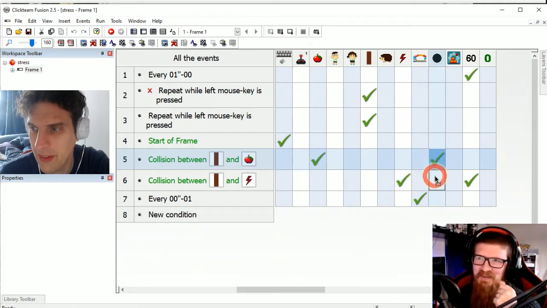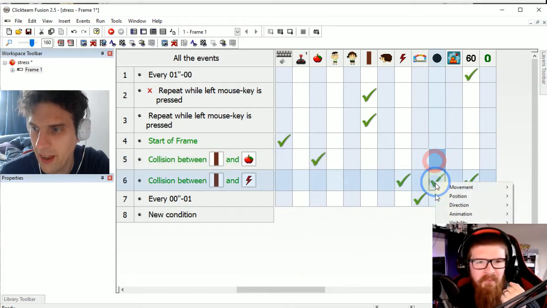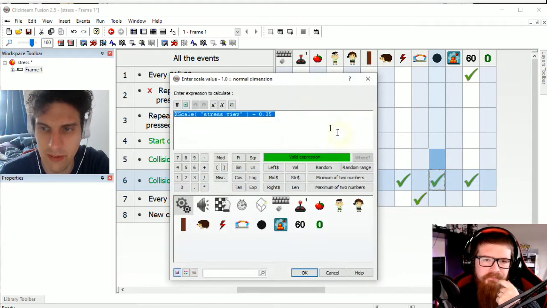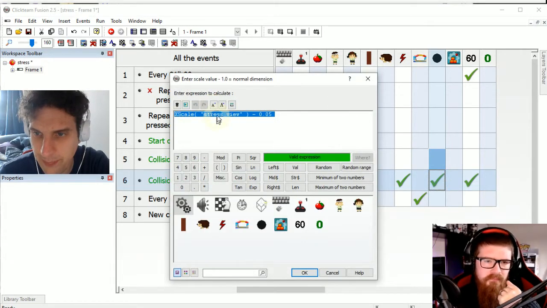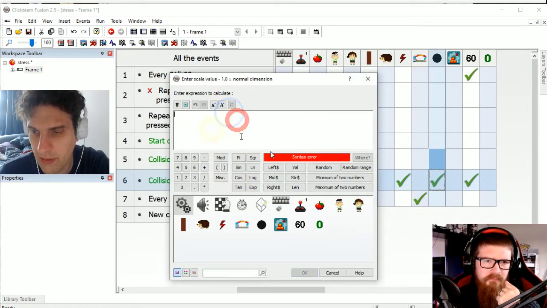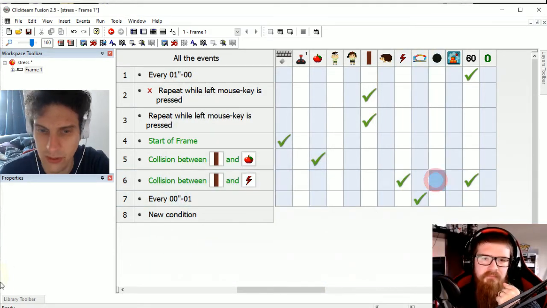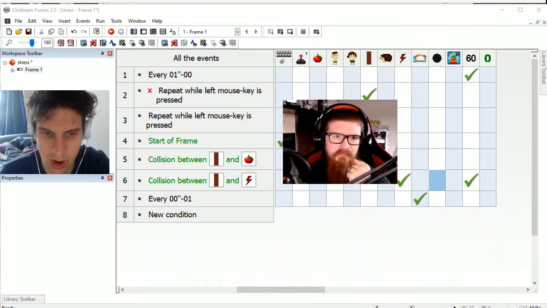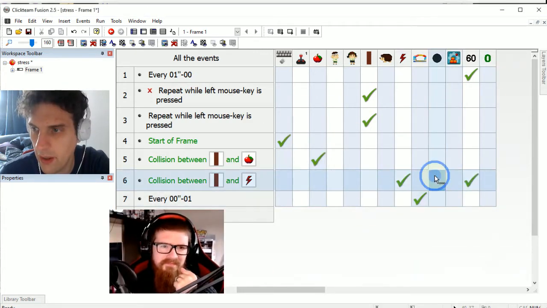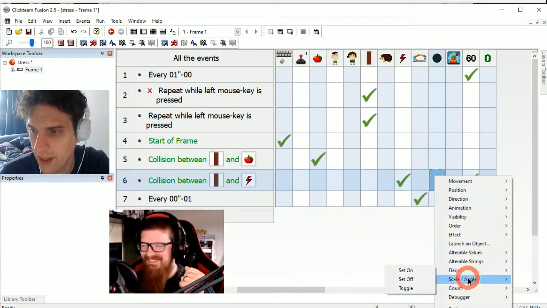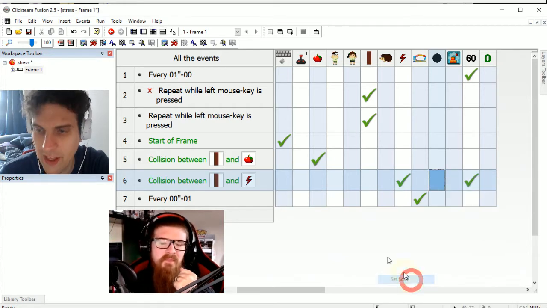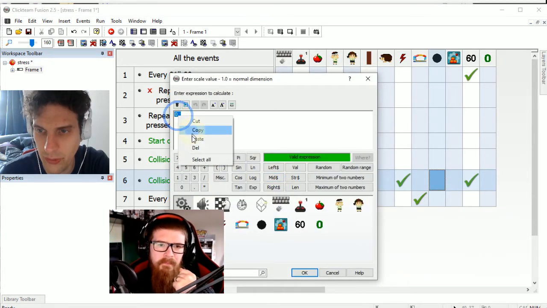So I'm going to put this down into this area, and I am going to edit the command. Just right clicked and chose edit. And I'm going to get rid of that. Actually, I can't edit it because it's on X scale. I need to, I'll pop TJ out the way for this. I need to set the scale. Set the scale, not the X scale, the whole scale to that.